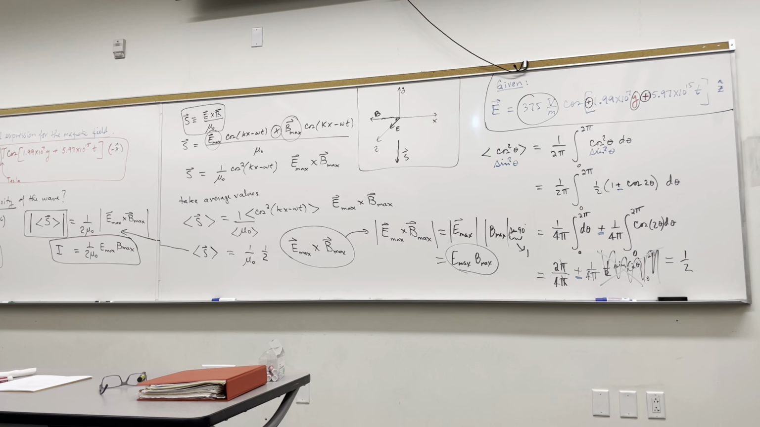So therefore, what is the magnitude of the average of the Poynting vector? Well, this is a constant. This would be 1/2 mu naught times the magnitude of this cross product. But this guy here is just this. So this will be